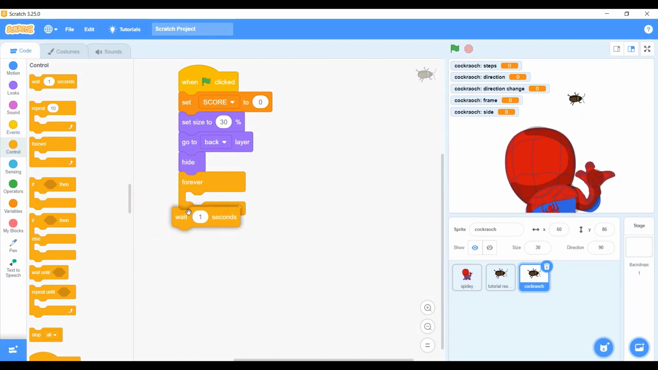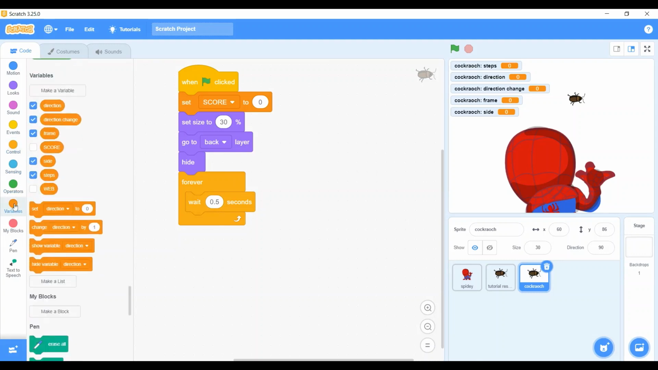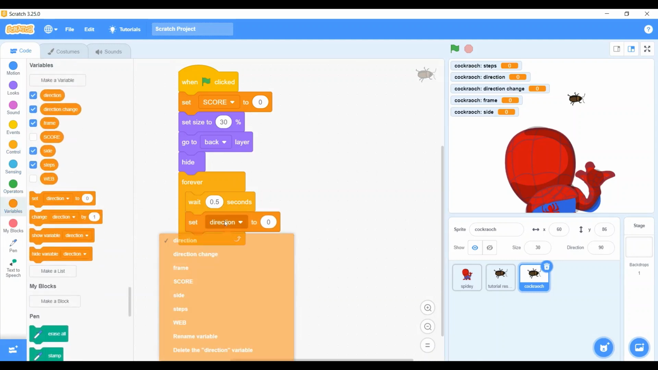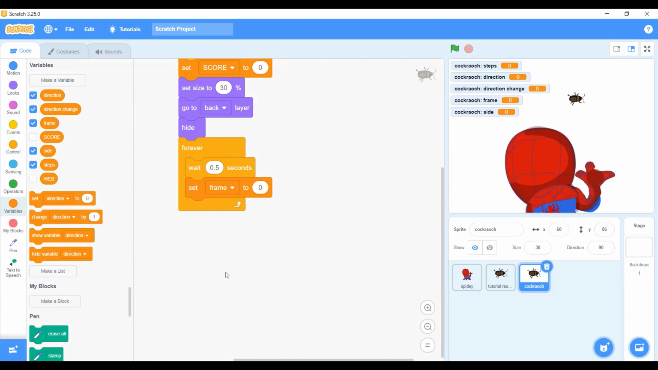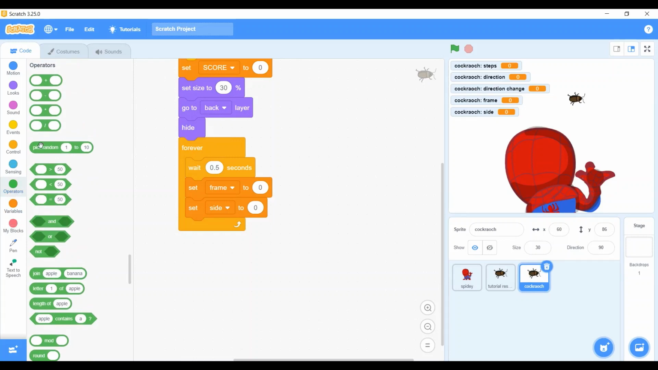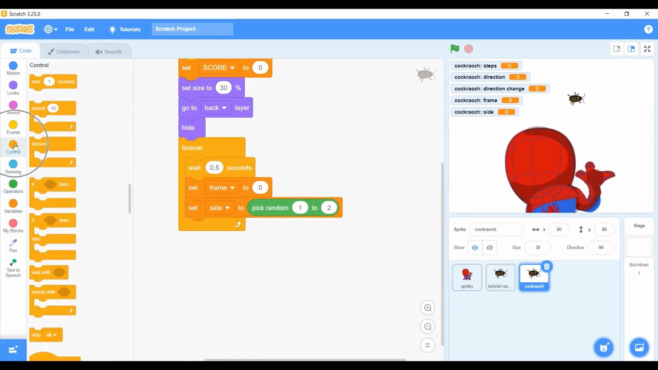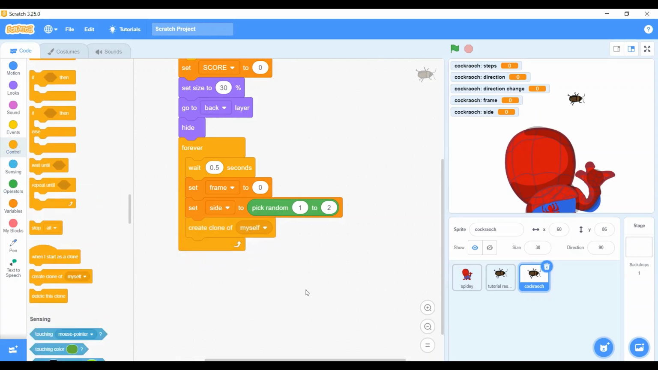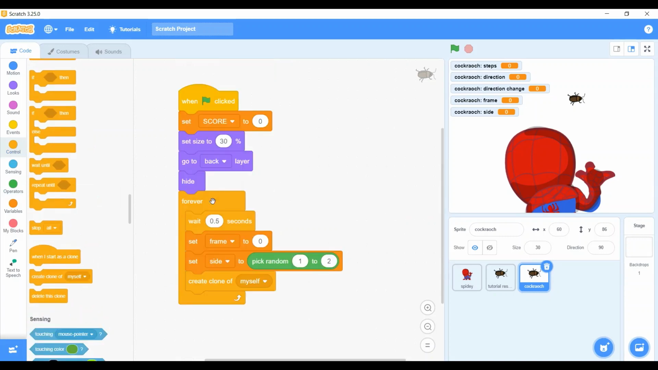And then pick up the wait for 0.5 seconds. Then click on the variable, bring out the set frame to 0, and then set the side with a pick random 1 to 2. After that, go back to the control and make a clone of myself. Yeah, this is the game engine, it helps you to create a lot of cockroaches from either this side or this side. So we will define the number 1 side is the left, number 2 side is the right